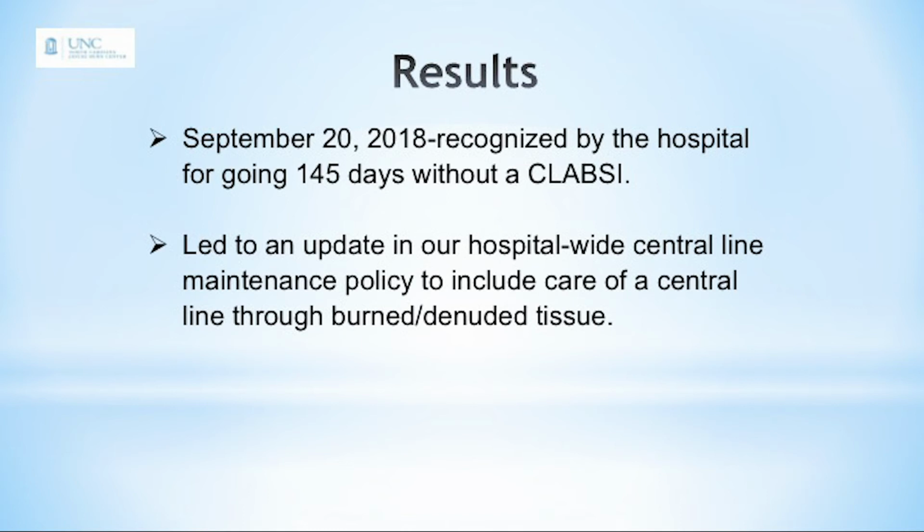So it did lead to an update in our hospital-wide policy because the policy was written before. I'm sure you guys run into the same thing, thinking of the majority of the patients in the hospital. So it's all a good idea, but if our patients don't have the skin and all of that, it doesn't really always apply to us. So now central line maintenance policy includes this dressing, and they just added the word denuded because we started seeing